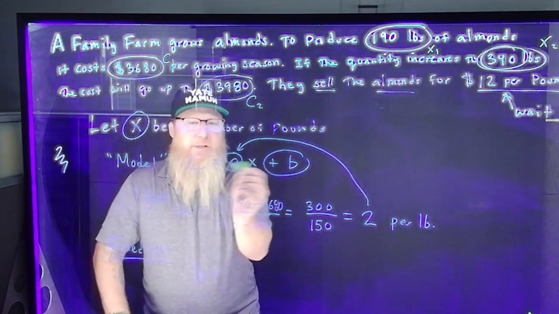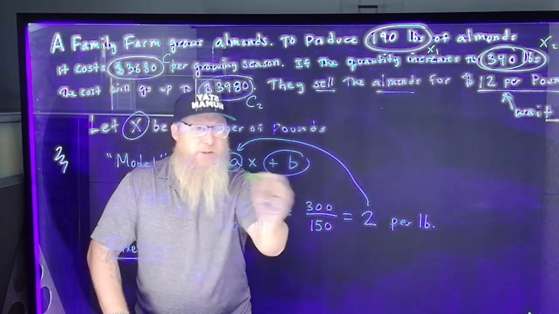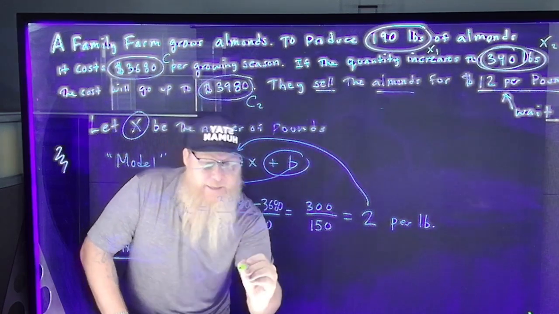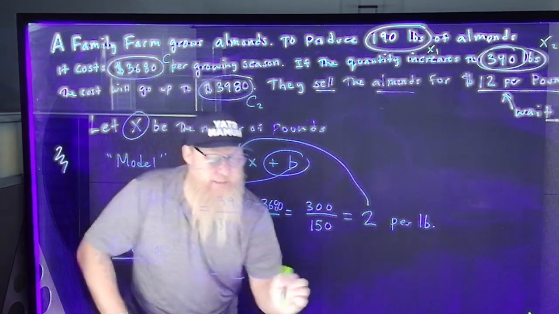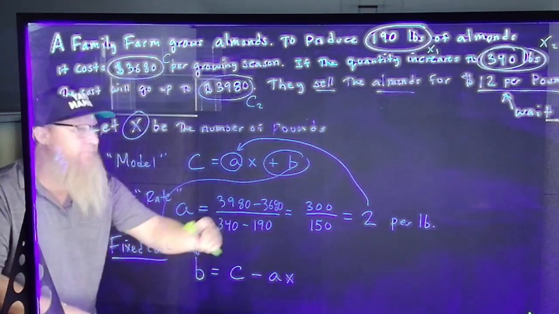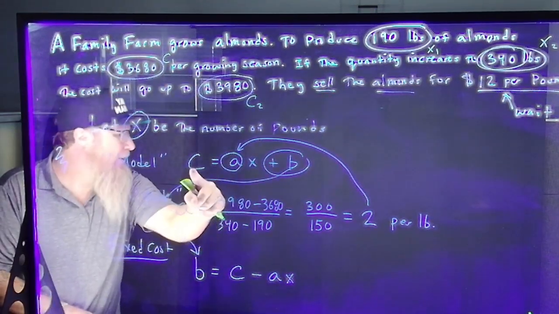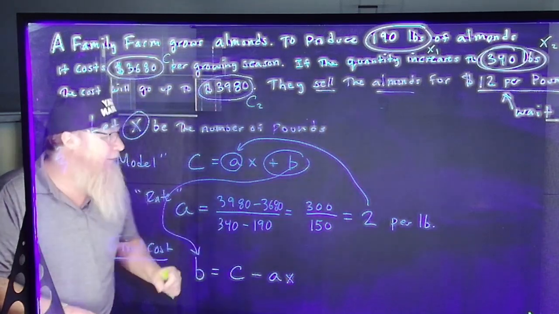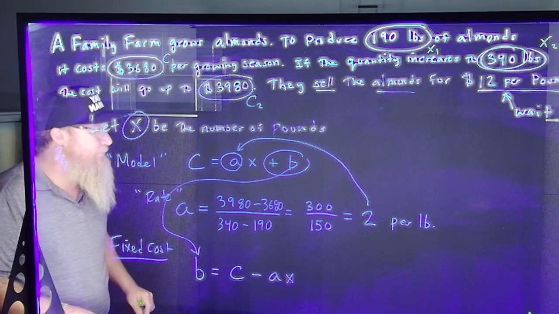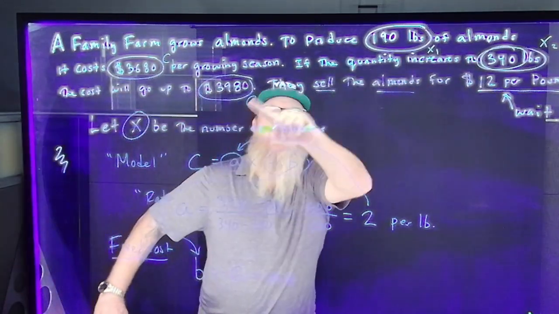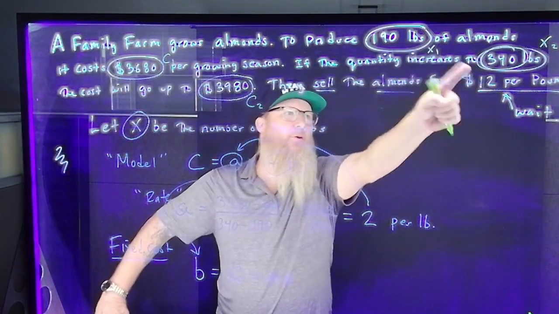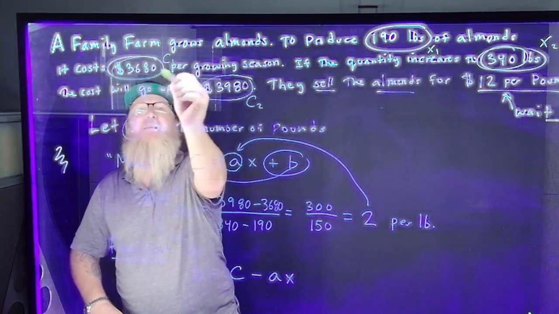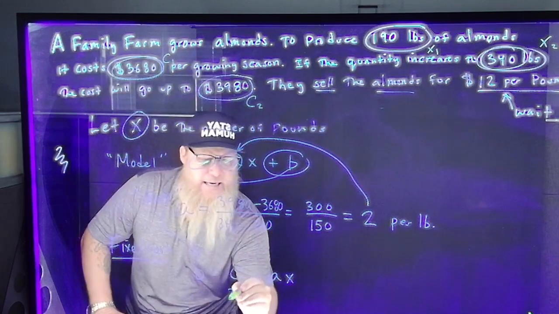All right. So what we're going to do is take this model and solve it for B. Notice B, if you solve for it, is just C minus AX. B is equal to C, the cost, minus AX, and I've rewritten it so that B is on the left-hand side. You can use either one of the costs, but make sure that you use the corresponding number of pounds. So if I do the cost of 3,680,